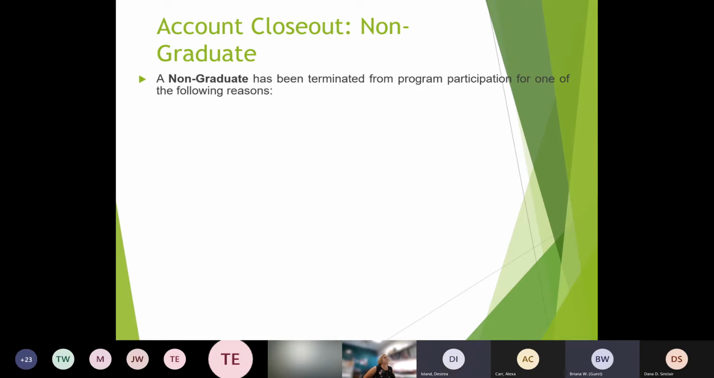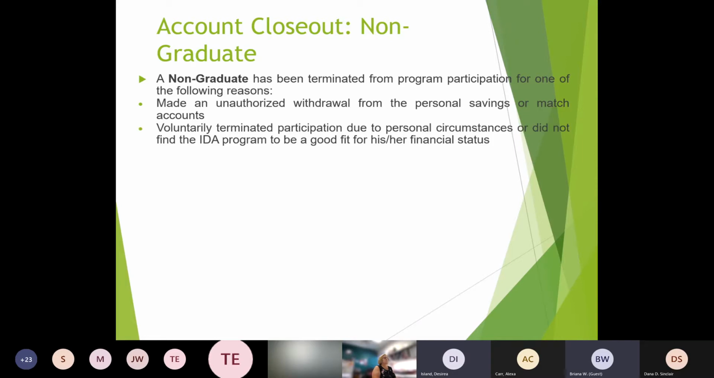All right, so non-graduates in this program. So this is someone that's been terminated from the program for several reasons. They've either made an unauthorized withdrawal from the savings. It says or match account, but they technically don't have access to pull out of the match account. So they can't make any unauthorized withdrawals. So if they voluntarily chose to terminate due to personal circumstances, obviously they would be considered a non-graduate. If they get into the program and kind of see that this is not attainable for them, they may voluntarily terminate themselves. So if they're exceeding the 3-year period,